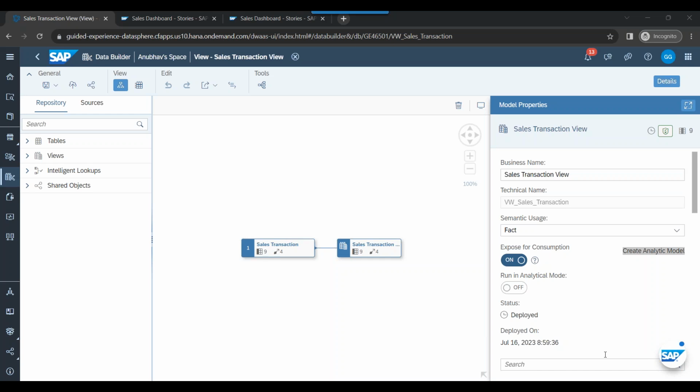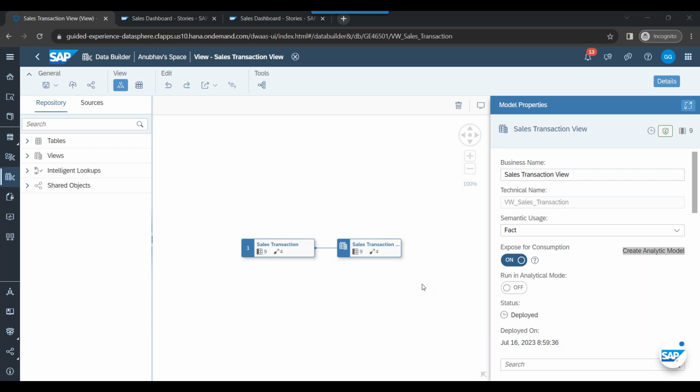So this is the benefit you get. You don't need to create any metadata or duplicate any information. This is always the live data, which is fed to the Analytics Cloud immediately. Okay. So now let's move on to the next part where we talk about the creation of our next